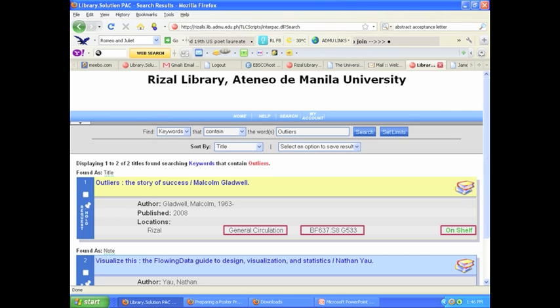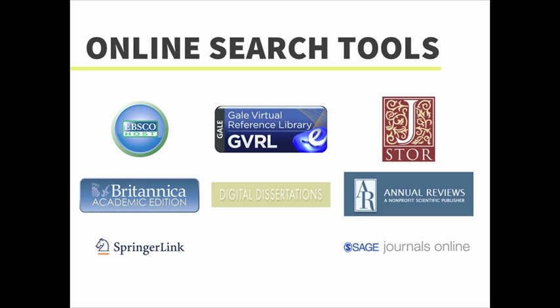From this point, you can try to explore the other features of our OPAC, like setting the limiters for your searching, saving your searches, and so on. Aside from the OPAC, which is the primary search tool of our library, we are also subscribed to a number